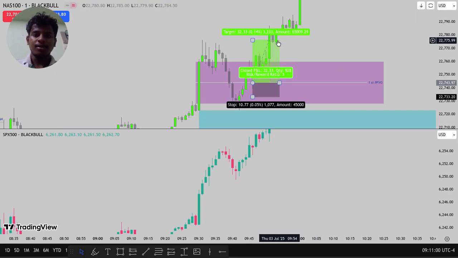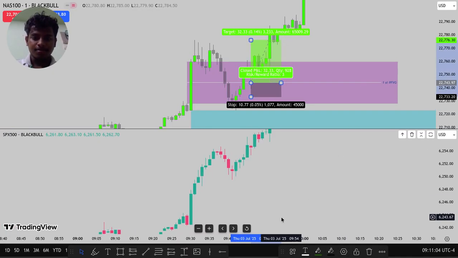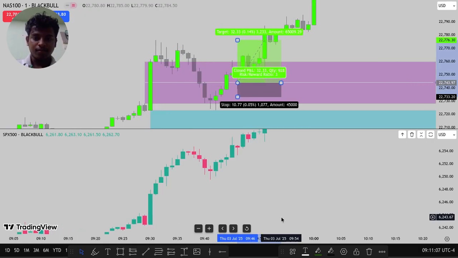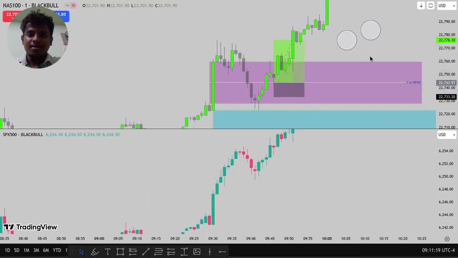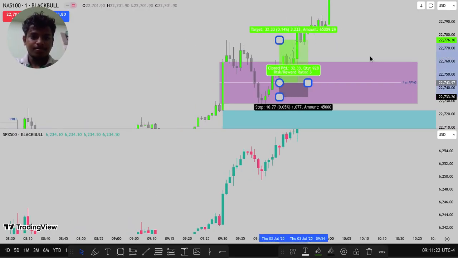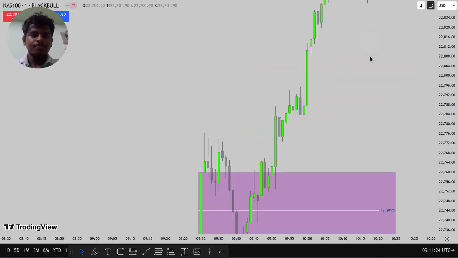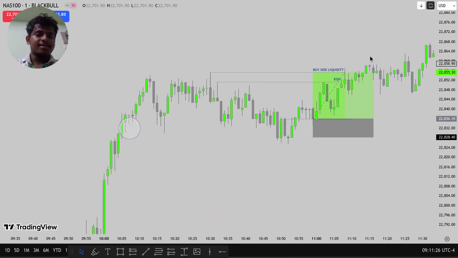But you need to see the market the correct way. When this trade happens between 9:45 to 10:15 or 9:50 to 10:10, this is the macro. So good trade. And here's a great setup.